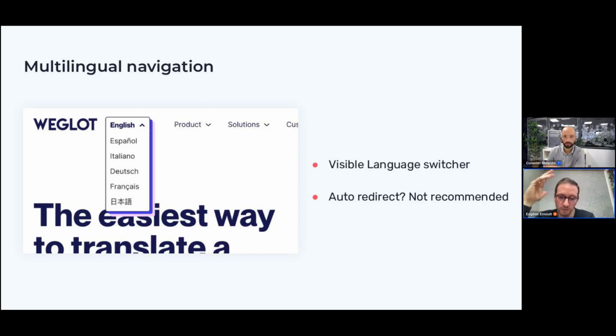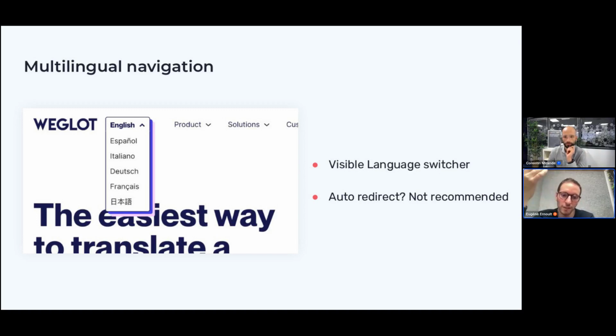And a second step: we often get the question, should I do auto redirect? So someone in France arrives on my website. Should I switch them automatically to the French version? We don't recommend that. It's possible. You can do it with Weglot if you want, because some customers really want to do it. We would tend not to recommend doing that,